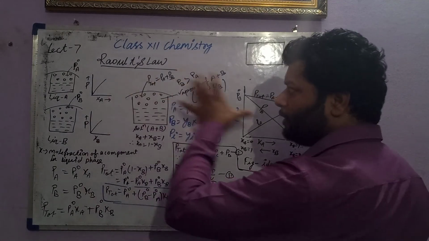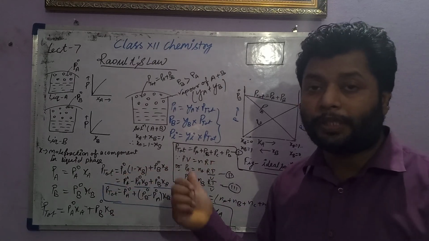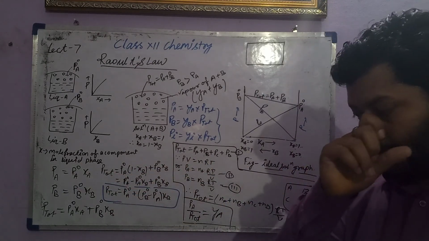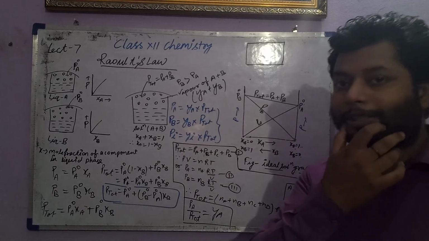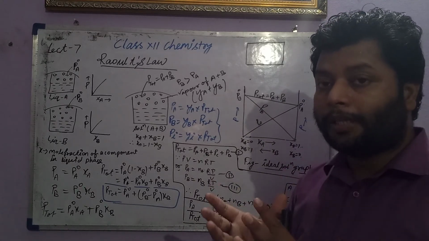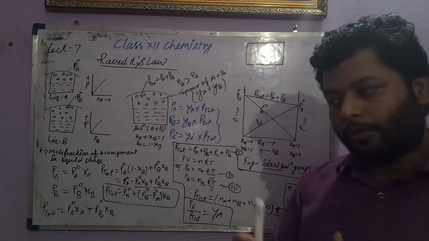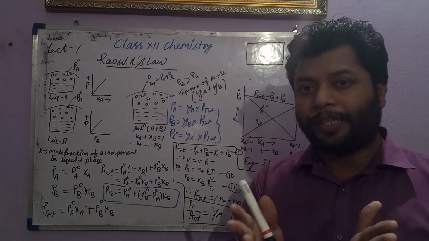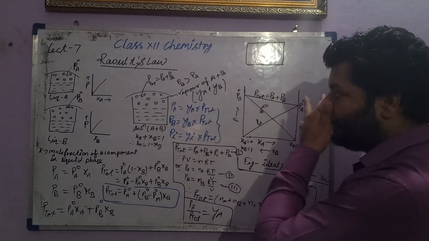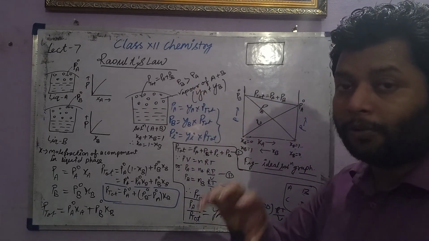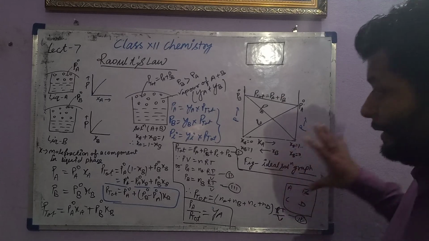So this is all about how we learn Raoult's law and its mathematical approach with Dalton's law. What is the learning concept of the graph of Raoult's law for ideal solution? In the next lecture we'll study ideal and non-ideal solutions and their behaviors with the graph and the deviation of non-ideal solutions. There is also a behavioral difference between ideal and non-ideal solution. So the next lecture will depend totally on the basic concept of why solutions do not obey Raoult's law. So you have to learn all these first.